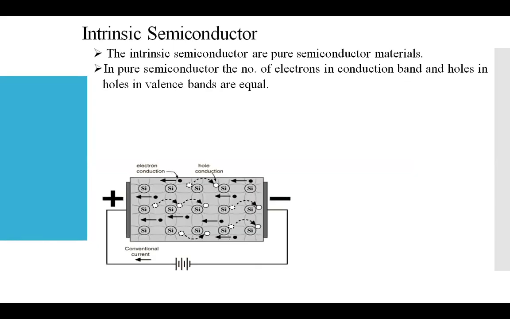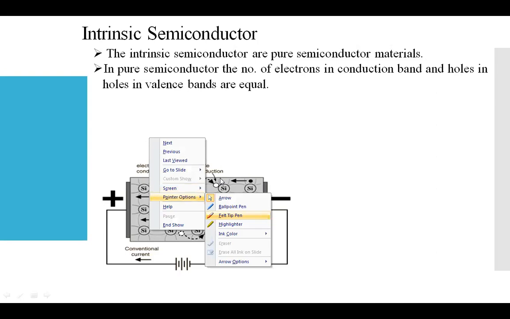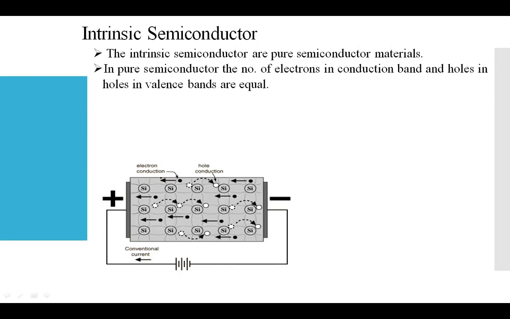Right now in this diagram, you can see a material, an intrinsic semiconductor, where only silicon atoms are there. You can see in this structure, no other elements can be identified except silicon. All over the structure, you can see the representation of the silicon structure, and we call it a pure semiconductor material.